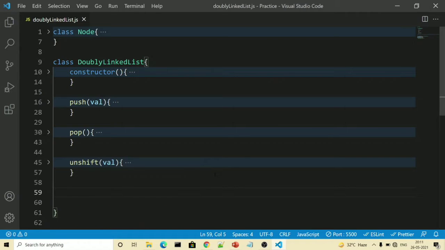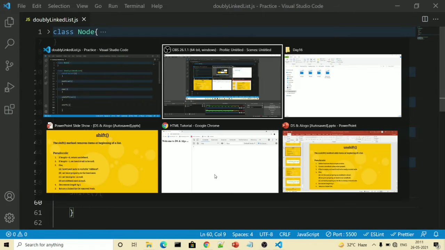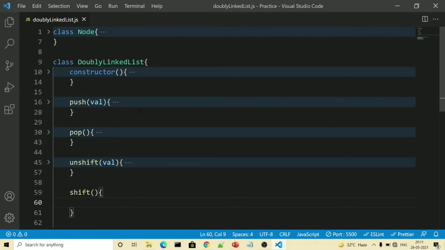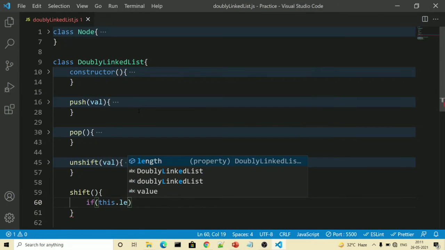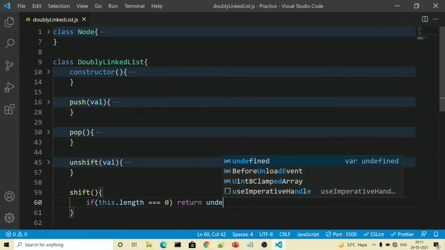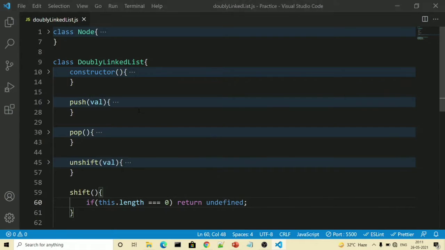Here, we will create our shift method. Inside that, as per our pseudocode, it is saying if length is equal to 0, return undefined. So we will simply check if this.length is equal to 0. So we will return undefined.